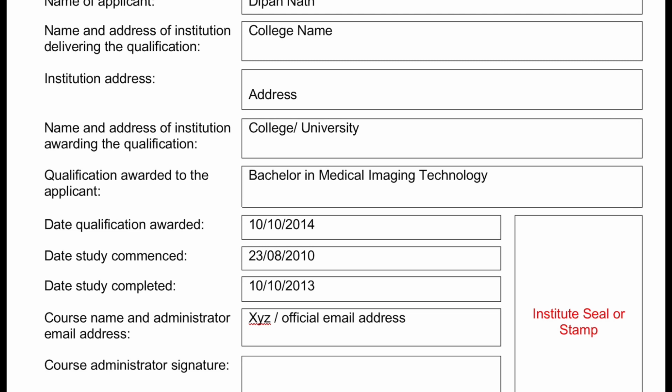In my case, it was Bachelor in Medical Imaging Technology, and date qualification awarded. Basically the date mentioned in your degree certificate, probably the convocation day when the degree will be awarded to you, and date study commenced, date study completed. This should be filled up by the college, and if you have the details from them, you can fill it